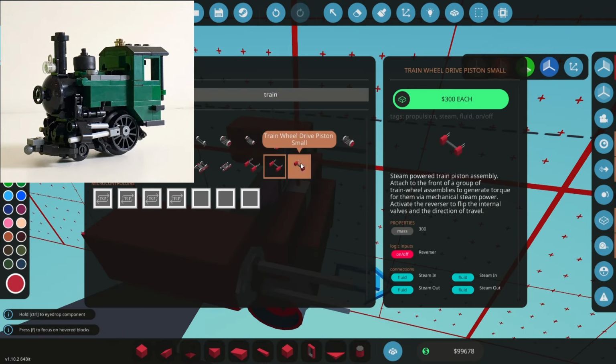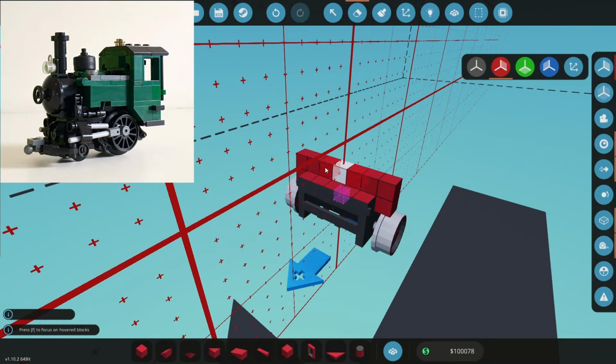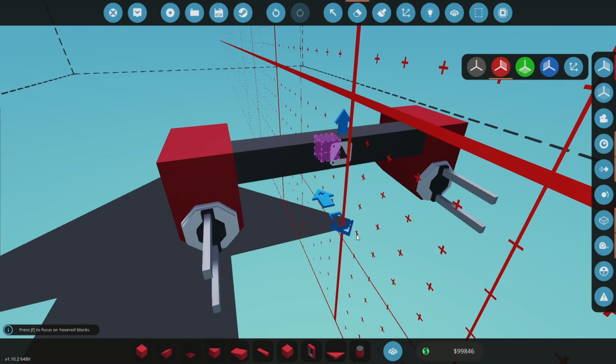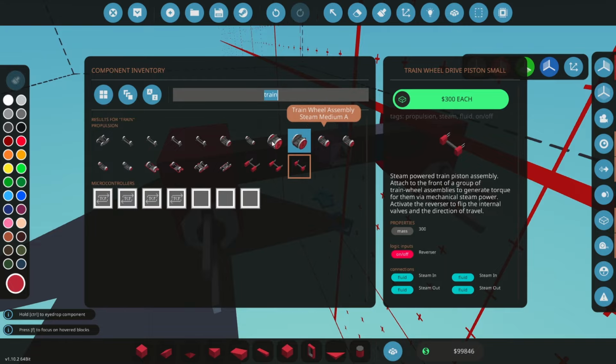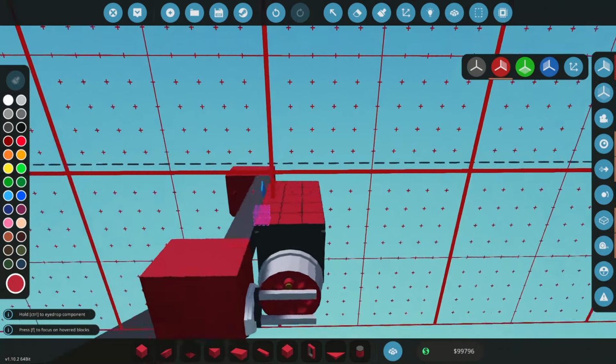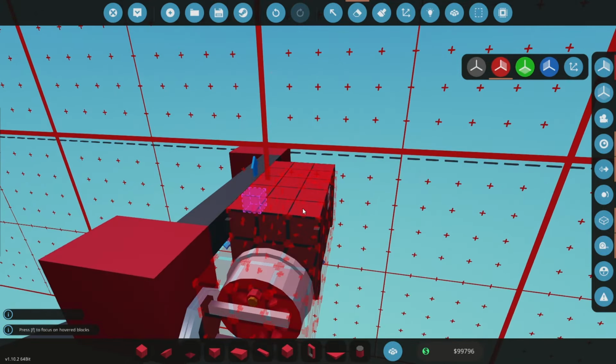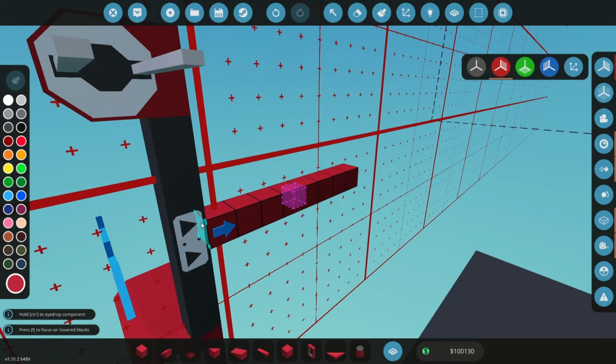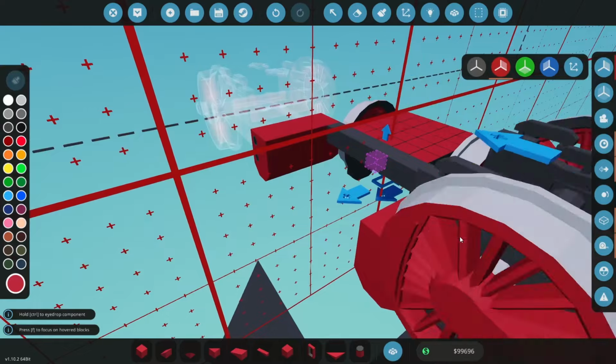What's the small steam? Can I make a small one? I don't think this is going to be steam, but I want it to look like it is. I think that wheel's too small, you know. I think it's going to have to be the medium one. This is my one